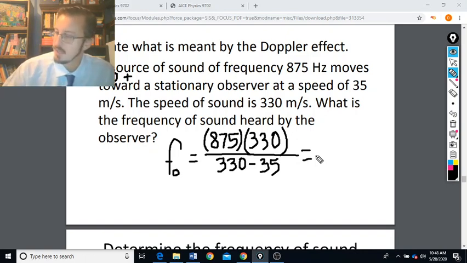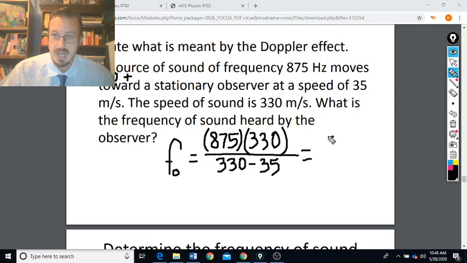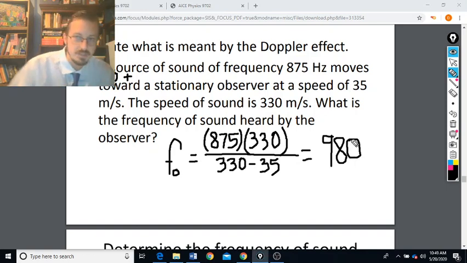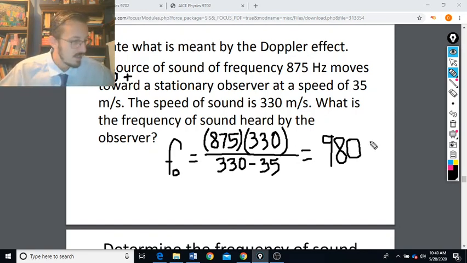Everybody that tried the sample calculation as you went through your notes and got 979. My calculator value is like 978.8. Let's think about significance here. Probably two significant digits. And so the best answer for this would be 980. So 875 hertz is going to sound higher pitched as it speeds toward. That's higher pitched than is lower pitch. So its frequency would appear to be 978.8, but when we think about how precisely we can